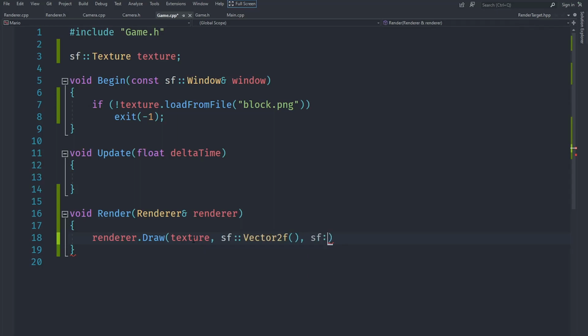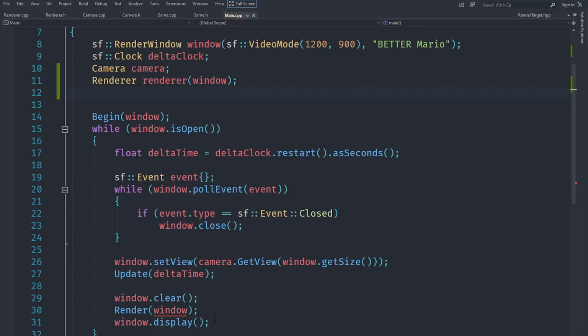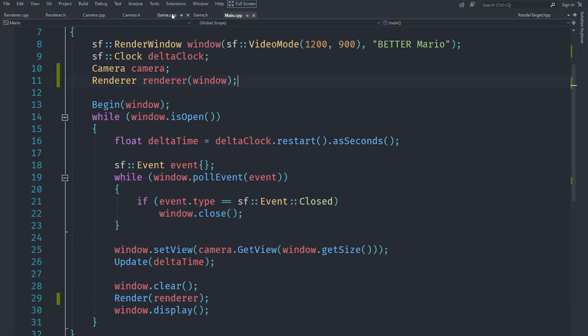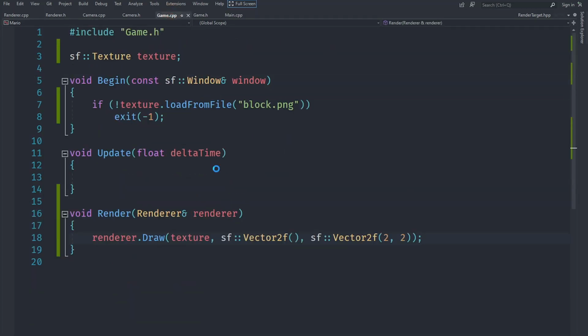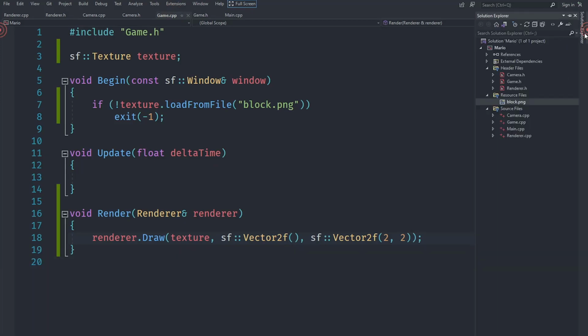And for the size, our zoom level is 5, so we will pass a size of 2 by 2 so that it covers kind of a small portion, half of the screen or something. So in here we will of course pass it our renderer when we want to render it, and that is pretty much it. Now let's go ahead and try to run this, and you should see that we run into